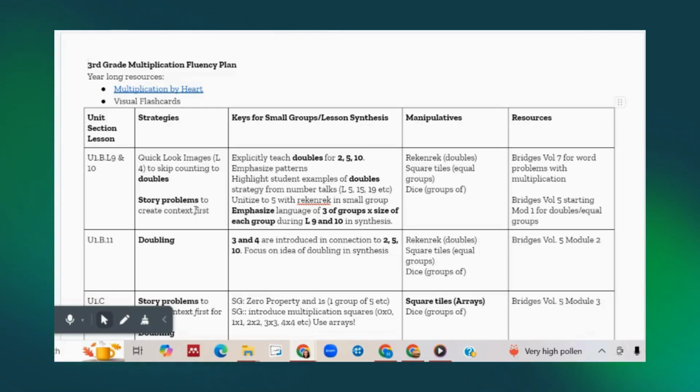You're doing that within data. And we're going to be using Rekenreks to help us see doubles. You might use square tiles to see groups of, or dice. And I'm going to include some examples of that in just a couple of minutes. So if we look at